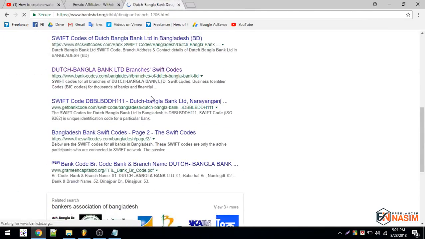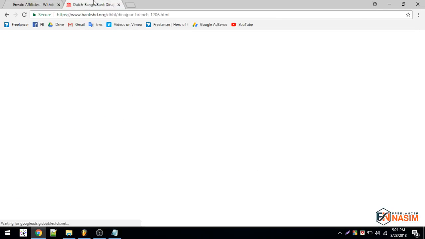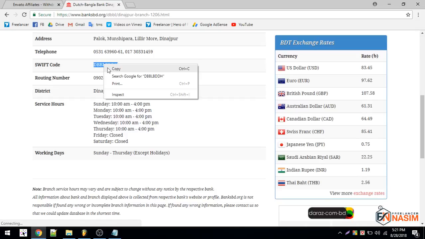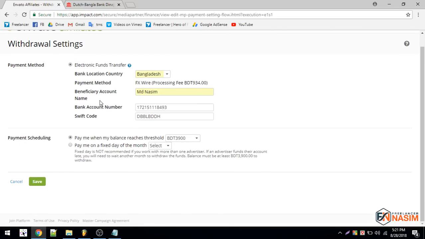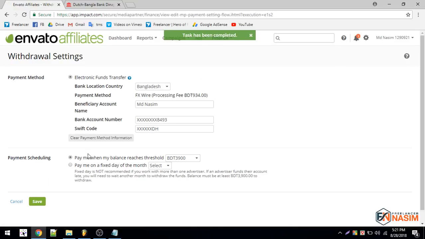Network problem. So after getting approved, they want you to do the setting of your withdraw. Got it. Here's the Swift code. Copy and then paste here. Done. So my bank is getting connected right now. Save it. Okay, my bank account has been connected with